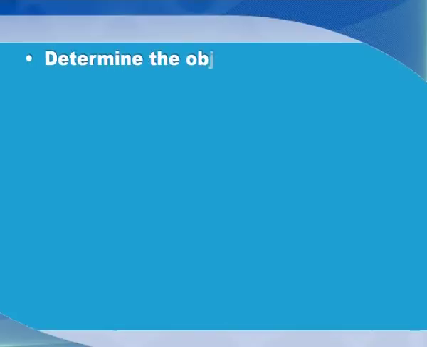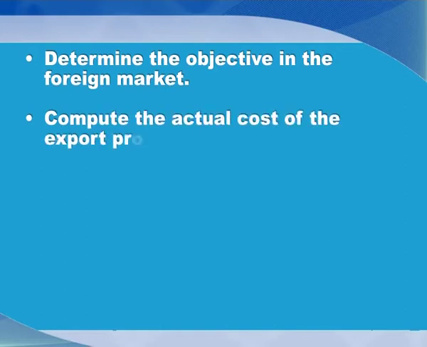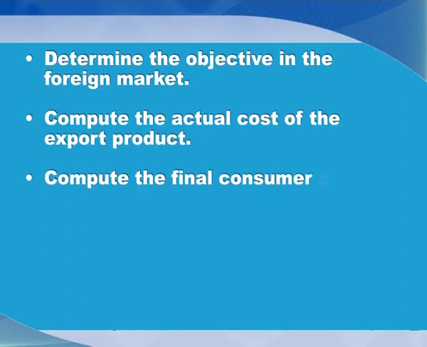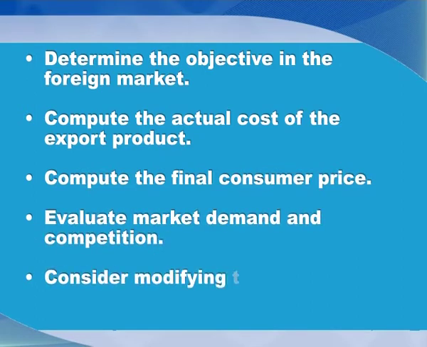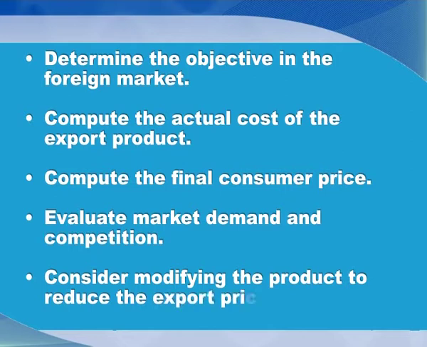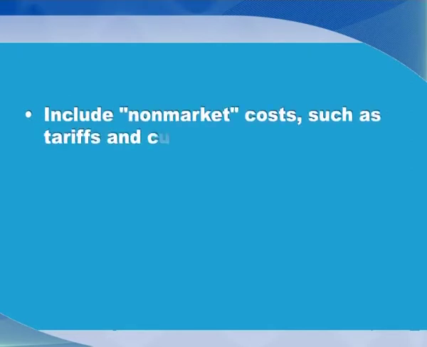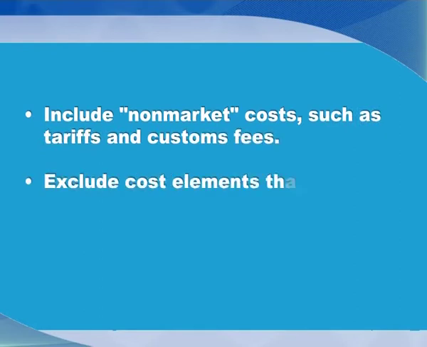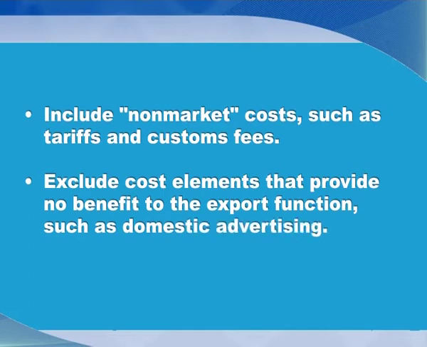Pricing summary. In summary, here are key points to remember when determining your product's price. Determine the objective in the foreign market, compute the actual cost of the export product, compute the final consumer price, evaluate market demand and competition. Consider modifying the product to reduce the export price. Include non-market costs such as tariffs and customs fees. Exclude cost elements that provide no benefit to exporter functions such as domestic advertising,